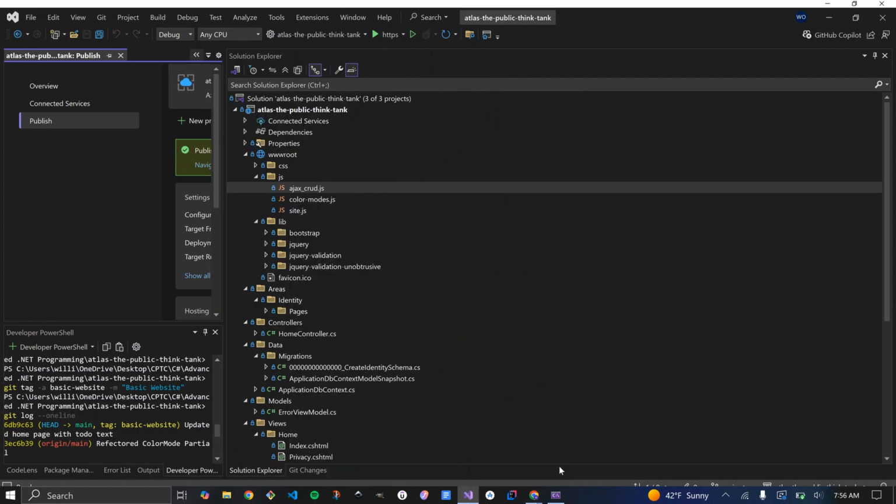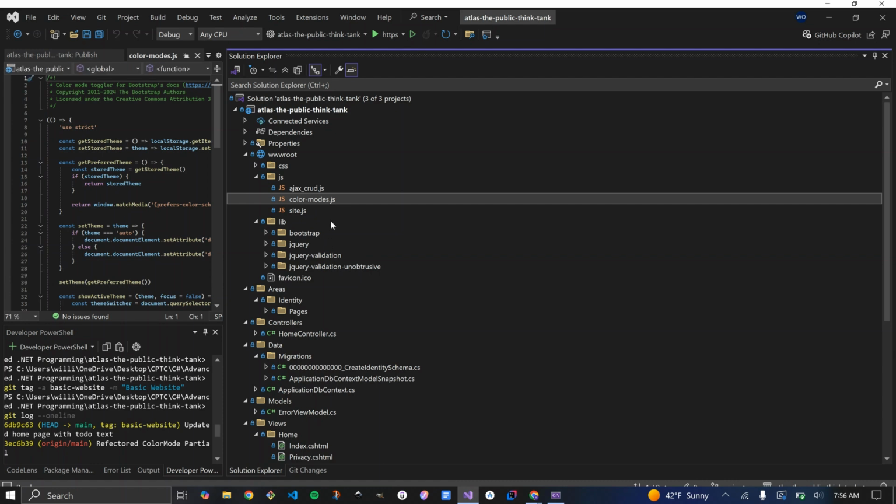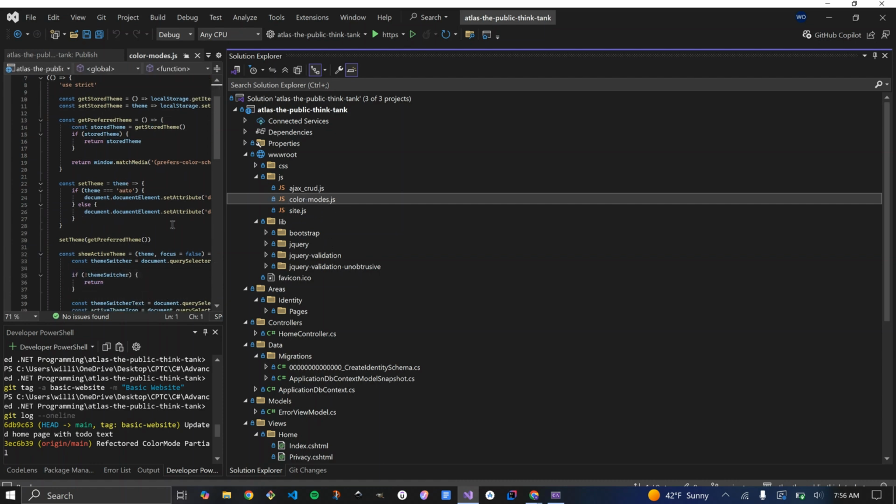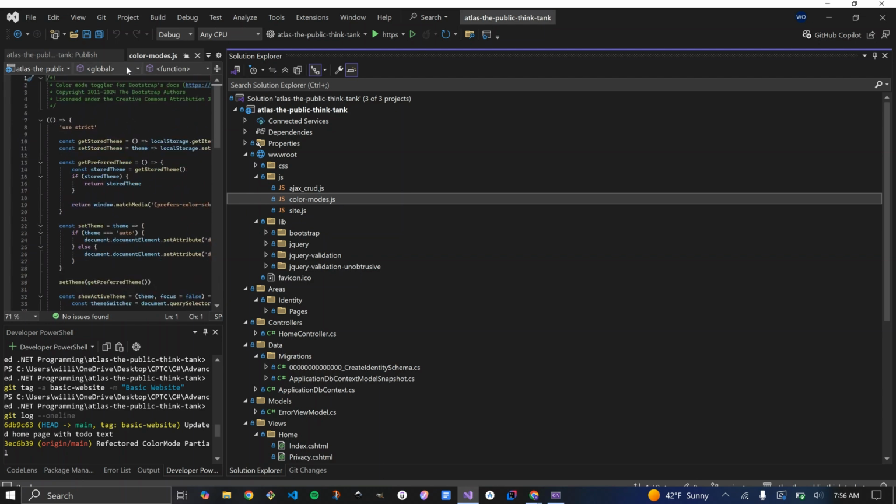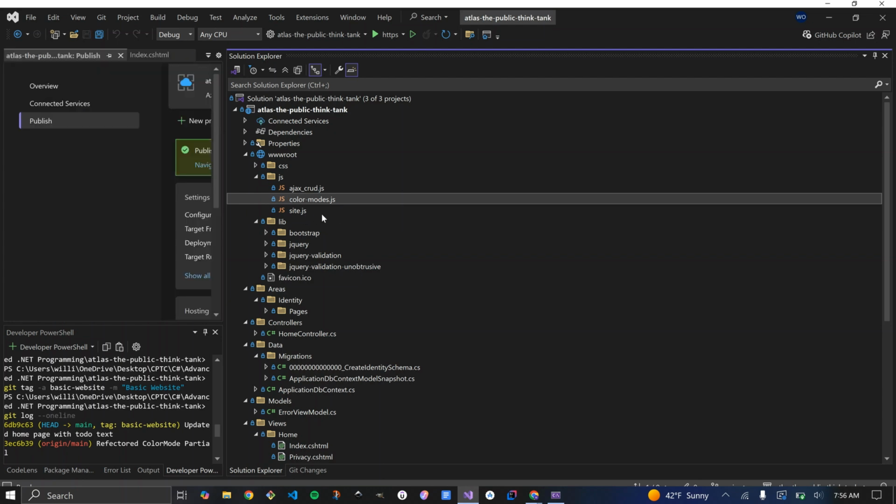Well, next I wanted to share with you guys some of the code base and some of the files I've added. One file in the JS, I haven't finished putting together, but I'm going to put some logic for JavaScript and talking to my server with Ajax into a single file. You'll see on my app that there's color mode or theme support, and this was not a file I wrote. This was something that I copied from the Bootstrap library and dropped in here. All this stuff was already there.